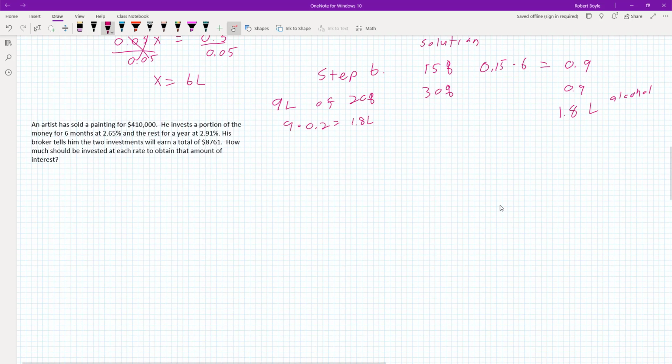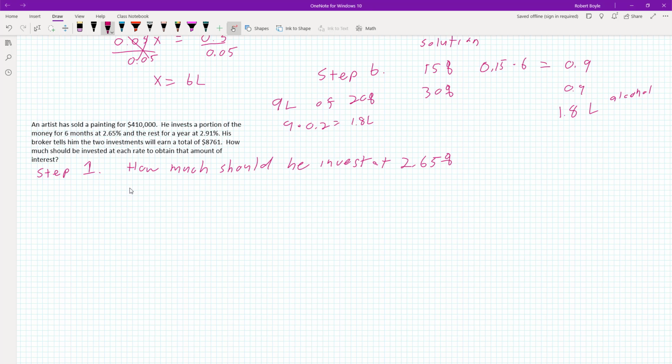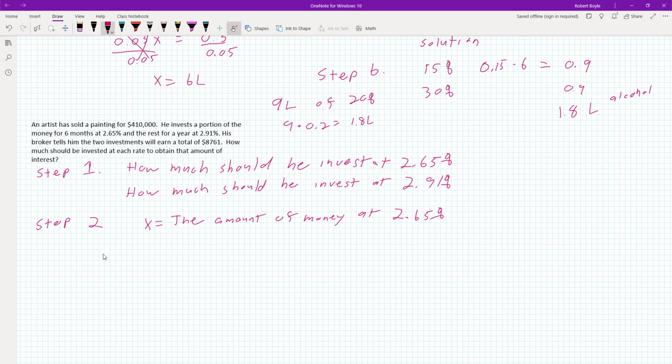All right, let's start off with step 1. How much should he invest at 2.65%? How much should he invest at 2.91%? Okay, cool. Step 2 is we want to assign a variable. So let's let X be equal to the amount of money invested at 2.65%. And if that's the case, then